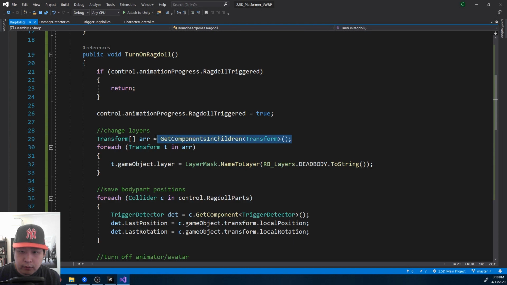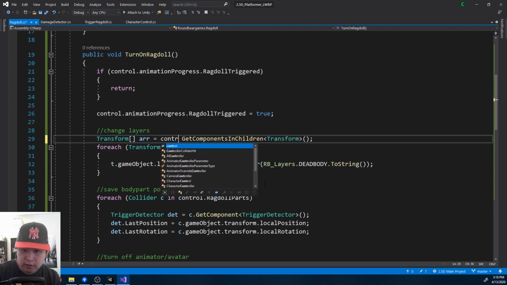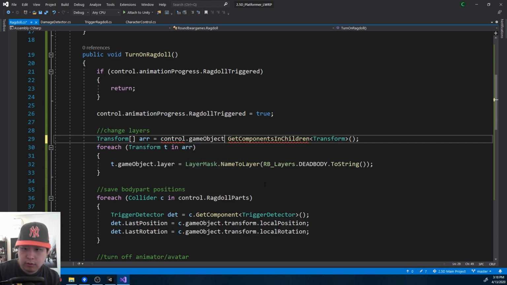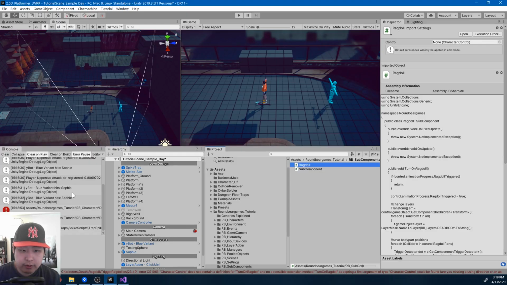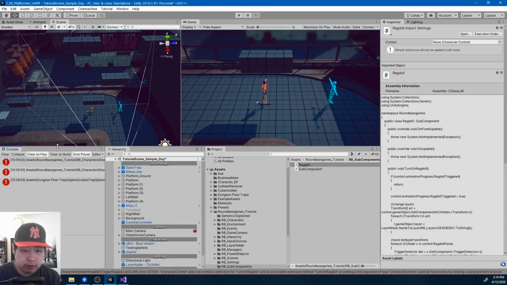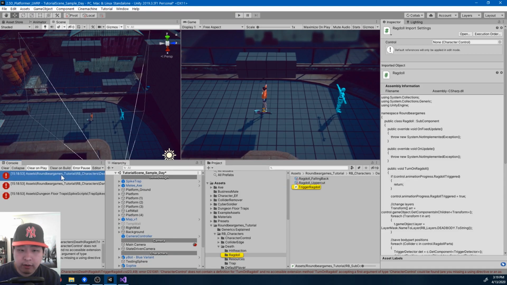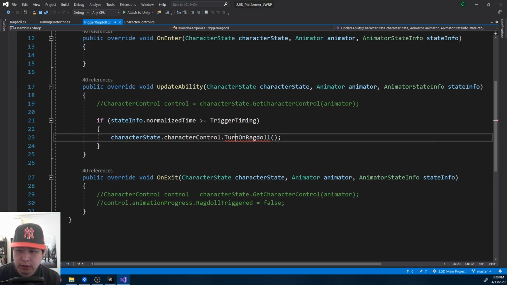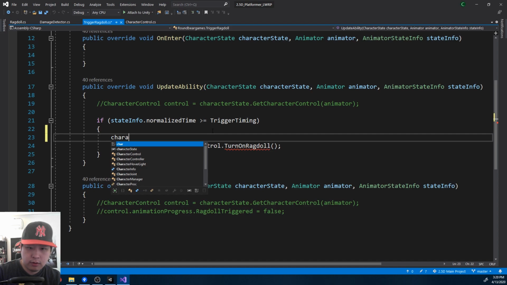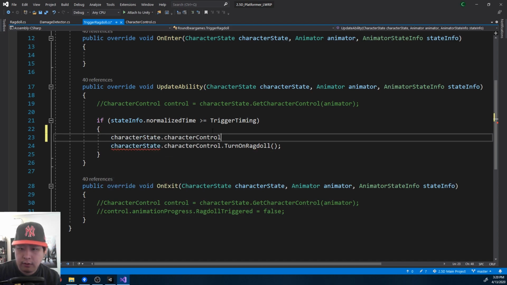And here, this ragdoll subcomponent is no longer going to be on the top of the hierarchy. So instead of just getting component in children, we get character control, and then get all the children from there. We should have some error messages because the character control is no longer going to have those functions. So instead of calling this directly, we get the delegate, we get the dictionary,